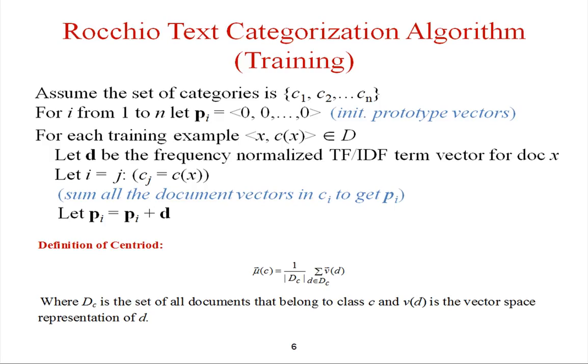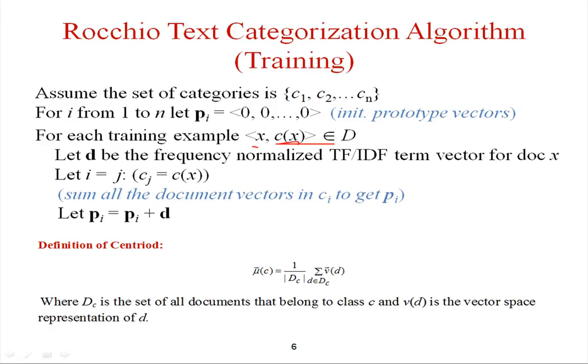Now this is the training phase. The training phase is the same. Suppose we have a given set of categories and n is the total number of documents. This is the initial prototype vector, and for each training example, where x represents the document and cx represents the class to which the document belongs,